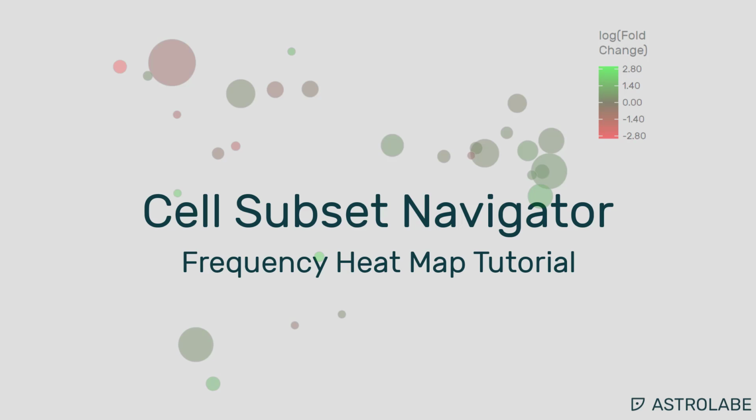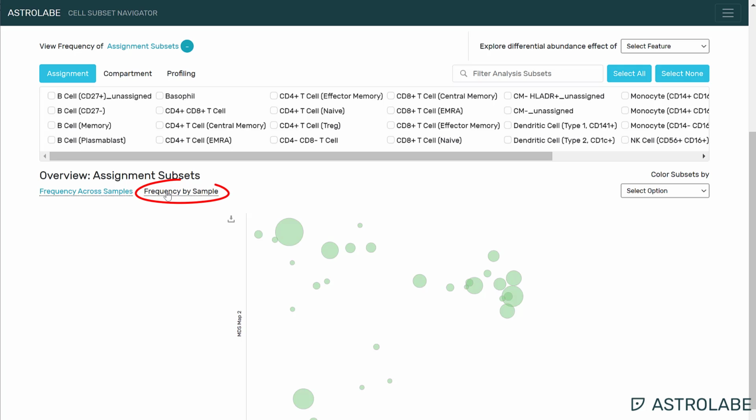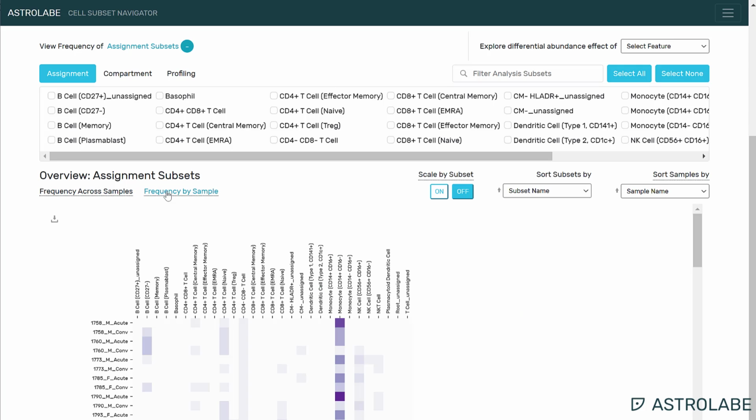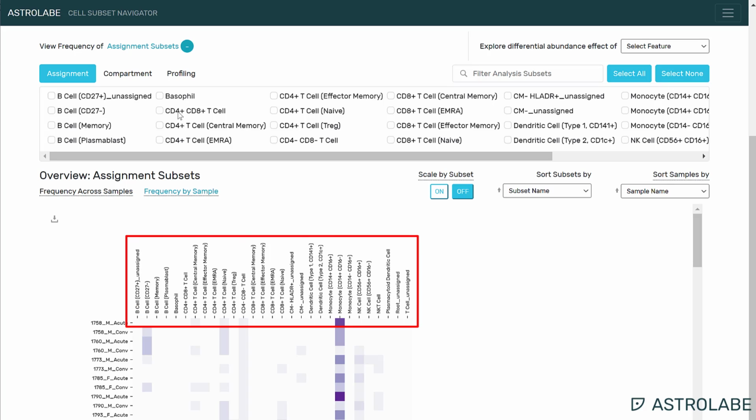In this video, I'm going to show how to use the frequency heat map. To access the heat map, I will click on Frequency by Sample. This visualization shows each of my samples vertically on the left, and across the top are the cell subsets identified